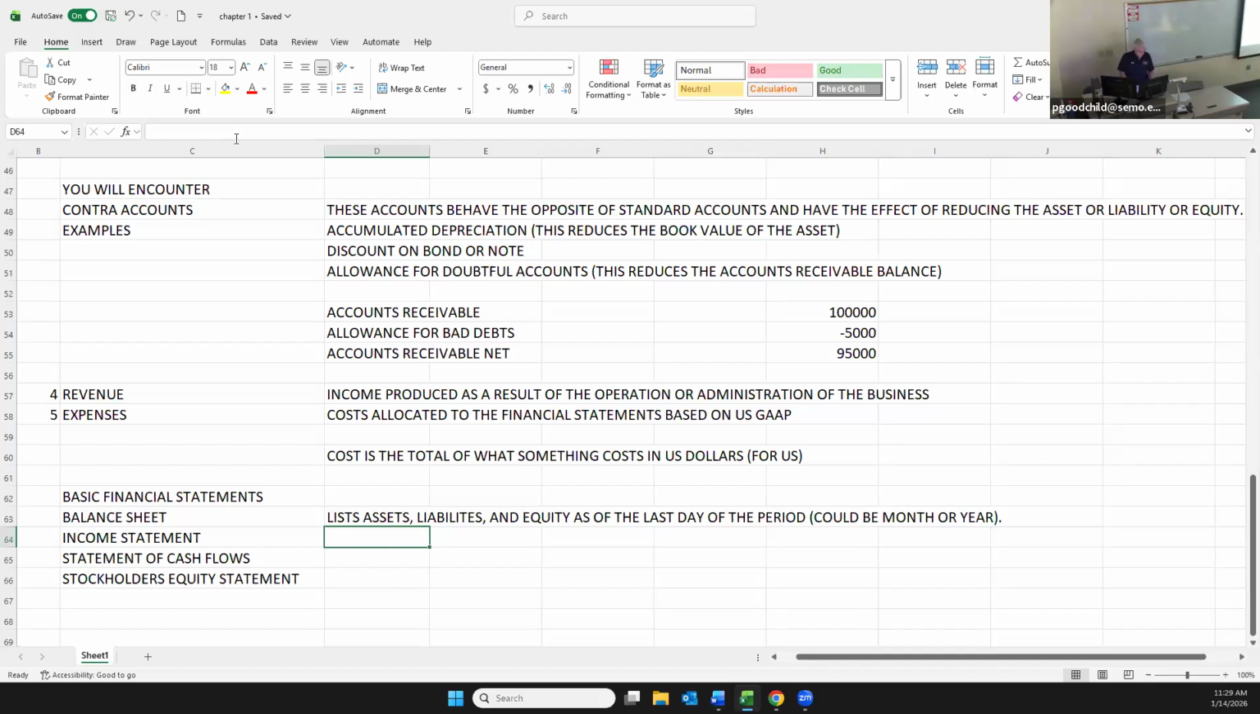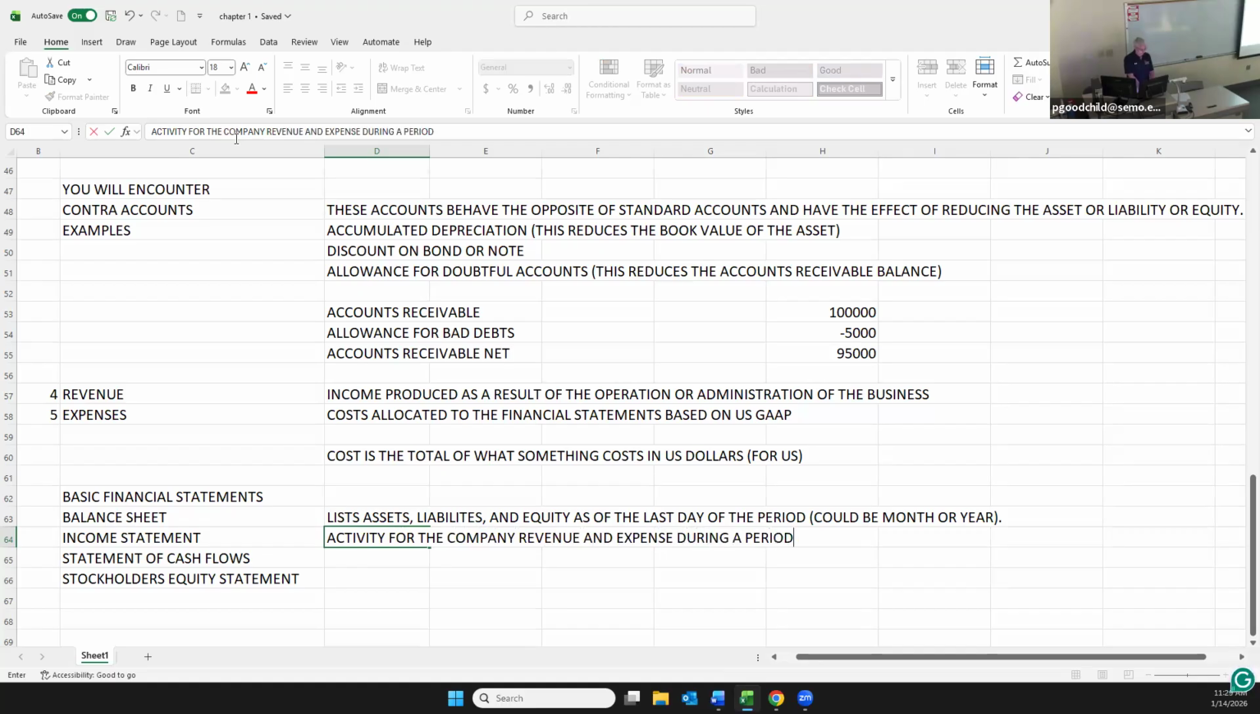All right. The income statement. This is the activity for the company's revenue and expense during a period. This is activity for the company cash during the period. This is the activity